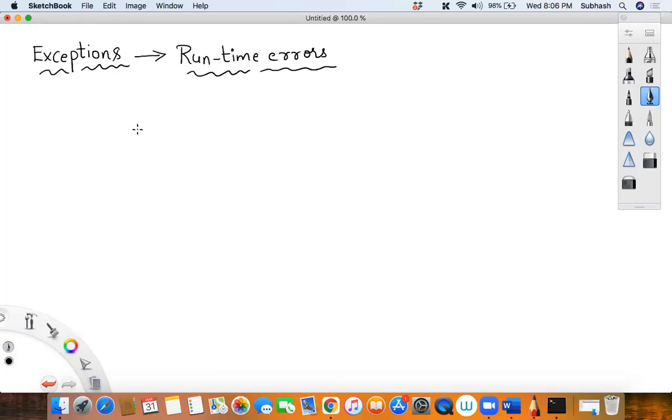That is basically for various reasons. The reasons could be varying, but there is an error happening, so it is not allowing you to achieve your task. Such kind of errors are called exceptions. Is that clear?